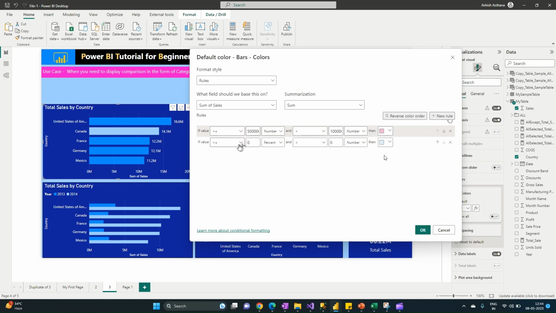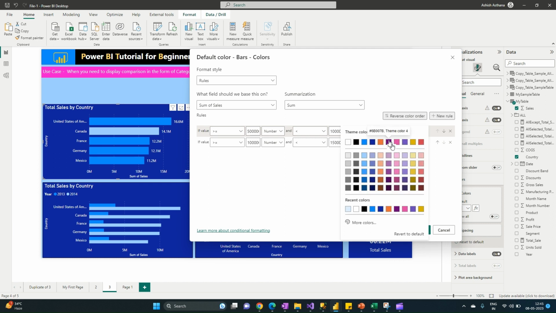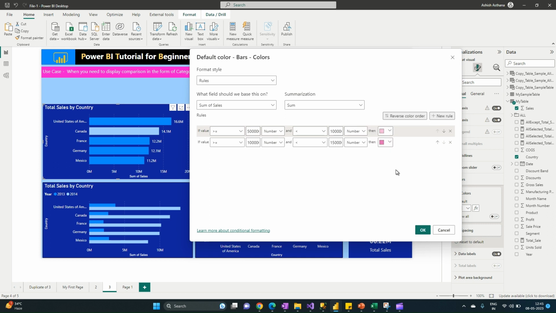एक नया रूल। अब मेरी अगली जो रूल है वो ये कहता है कि मेरी सेल 10 मिलियन से तो ज़्यादा हो, और 15 मिलियन से कम हो। ओके, ये मेरी दूसरी रेंज है, तो ये हो जाए मेरी थोड़ी सी डार्क पिंक।